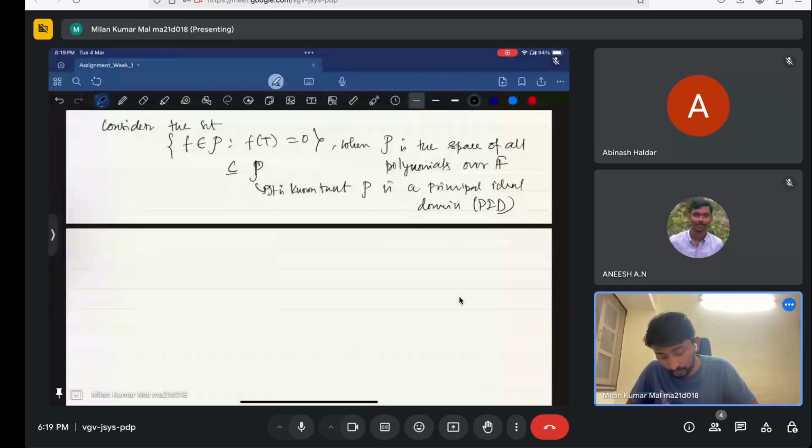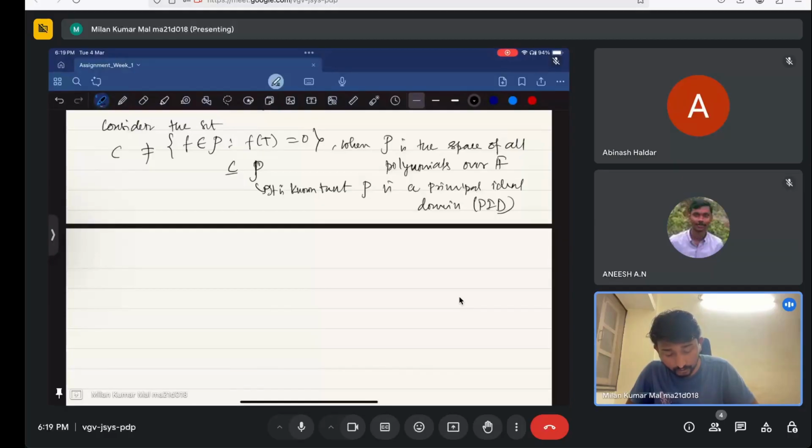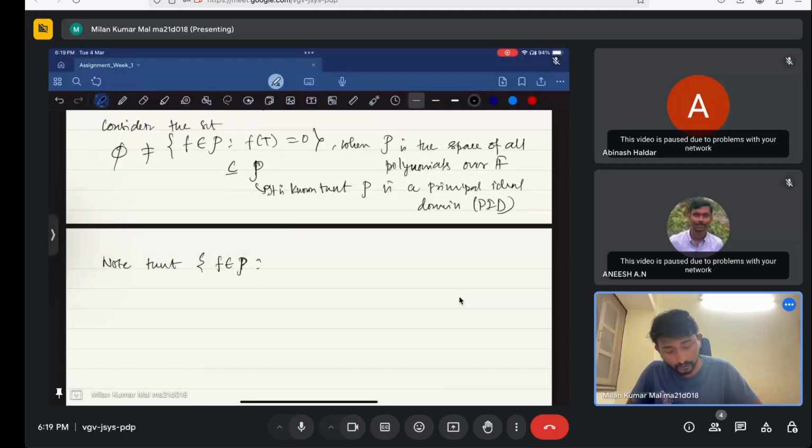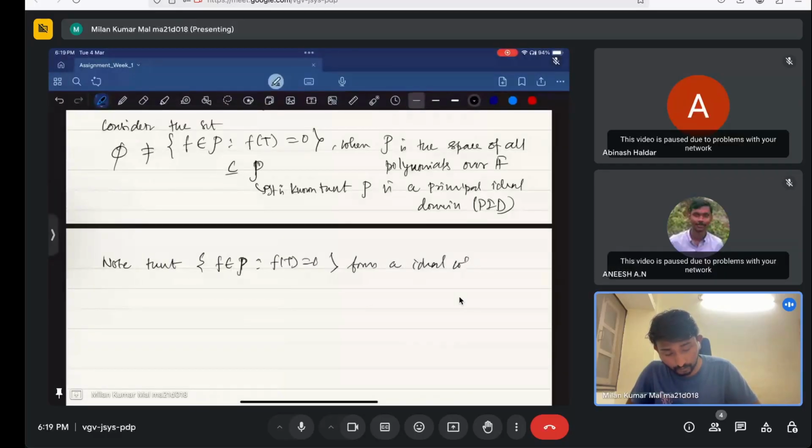Okay, so let's write it here. So note that this ideal, f(T) equals 0, forms an ideal which is non-empty. Why is it non-empty? Because